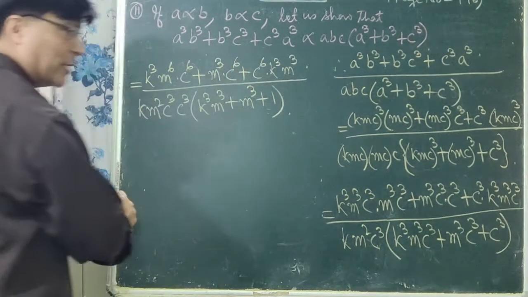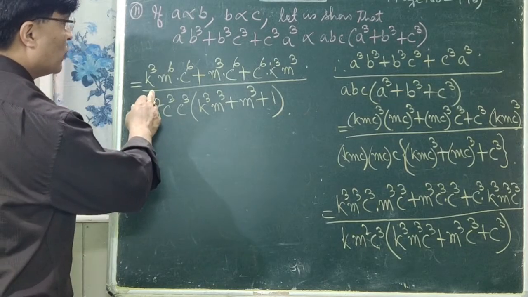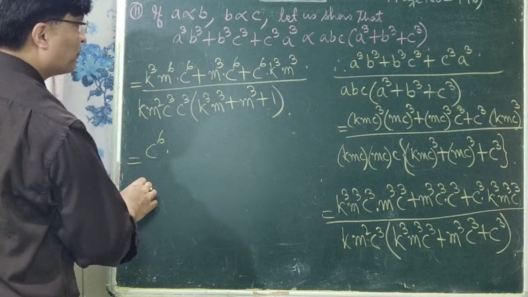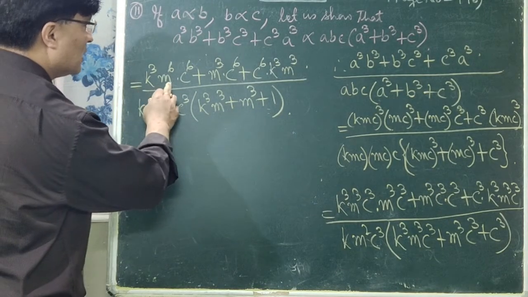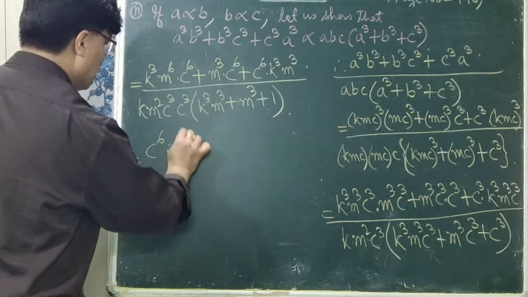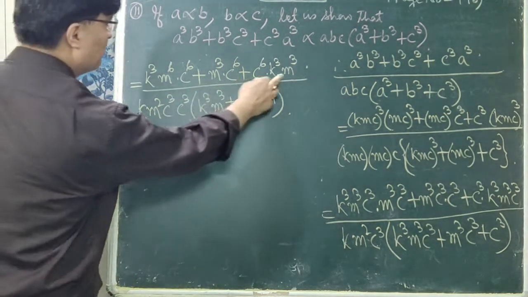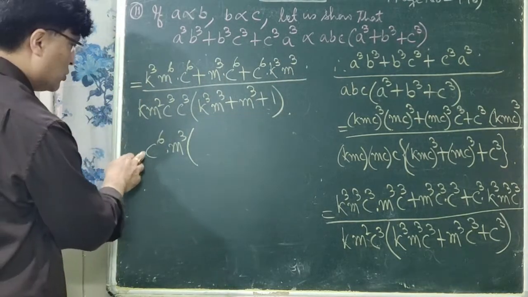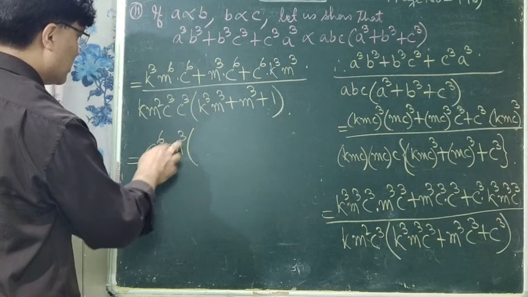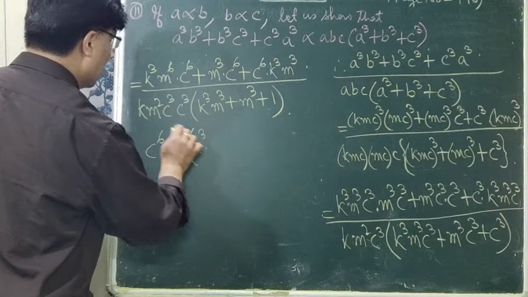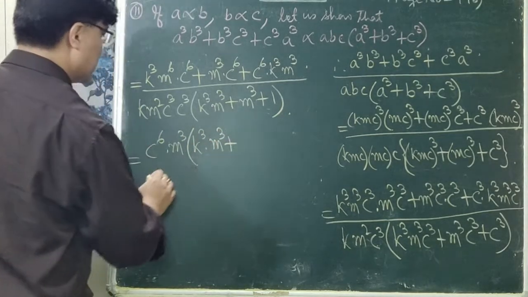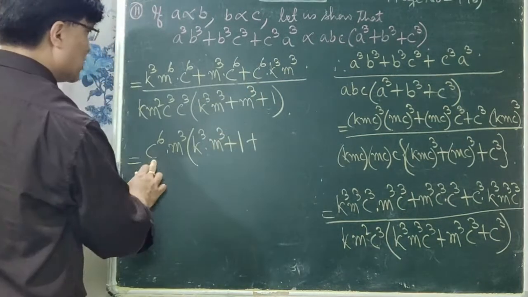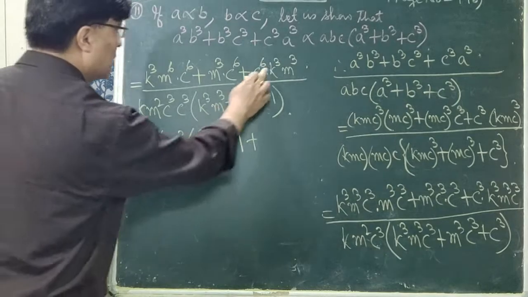Now what is common in the numerator? You can take common outside. That is, we have here C to the power 6 into what? M cube. This is common, right? M cube is common, but K cube is not common out here. So the common is C to the power 6 into M cube. So within bracket, what are the remaining terms here? K cube into M cube plus, this is M cube, C to the power 6 is taken common, so it is 1, plus C to the power 6 is taken common, M cube is also taken common, so only K cube remains out here,